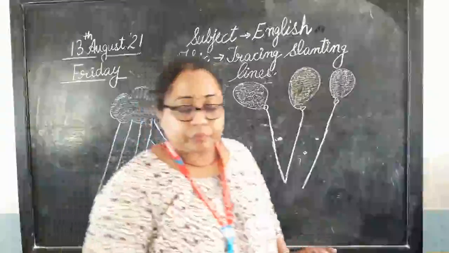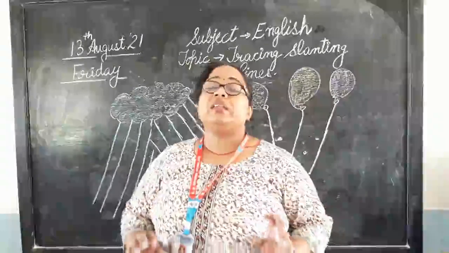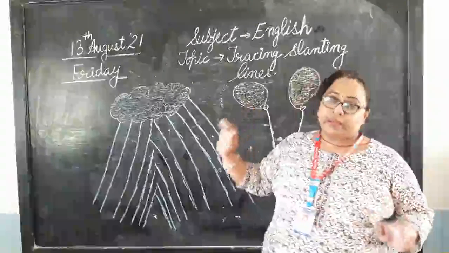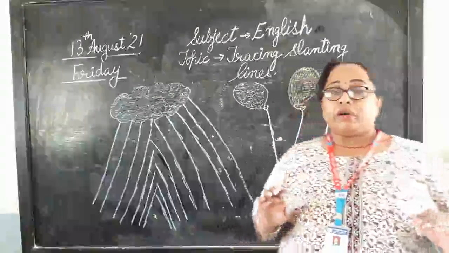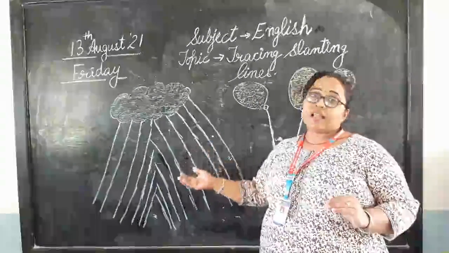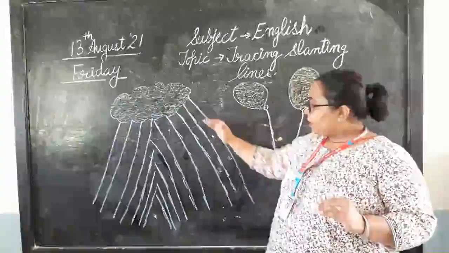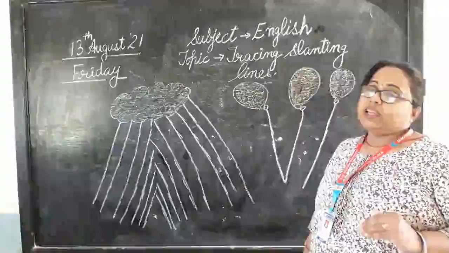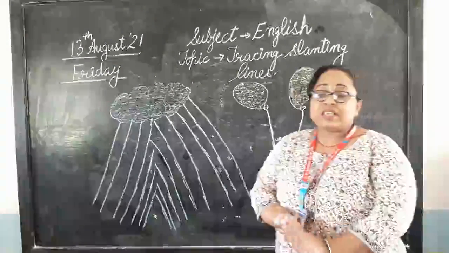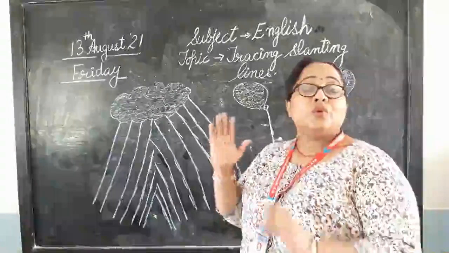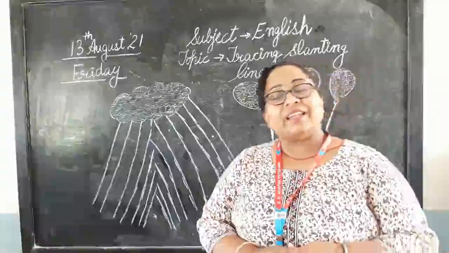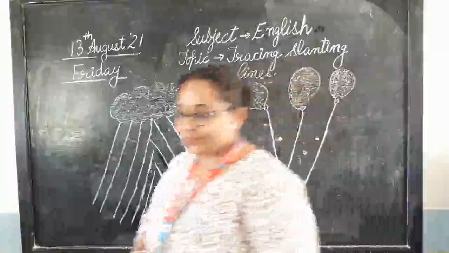So remember, whenever you are drawing these slanting lines, आप जब भी ये slanting lines बनाते हैं, you have to remember, if it is going left side, those are left slanting lines. If it is going towards right hand side, it's a right hand slanting line. Understood? So now let's see how you are going to do this work in notebook. Open your English notebooks and let's begin with the work.